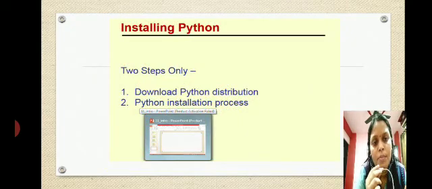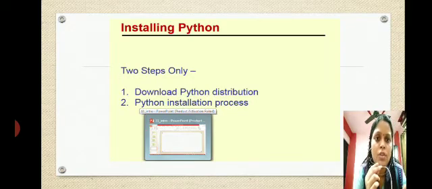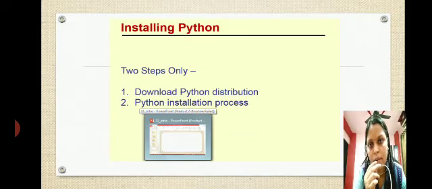If you have a computer at home, you can do it very nicely, and if you do not have a computer at home, then please try to install it on your Android also. Many different softwares are available. Last to last class I think I explained about PyDroid. You can install PyDroid and then you can write the commands, and you can see that it is also working.